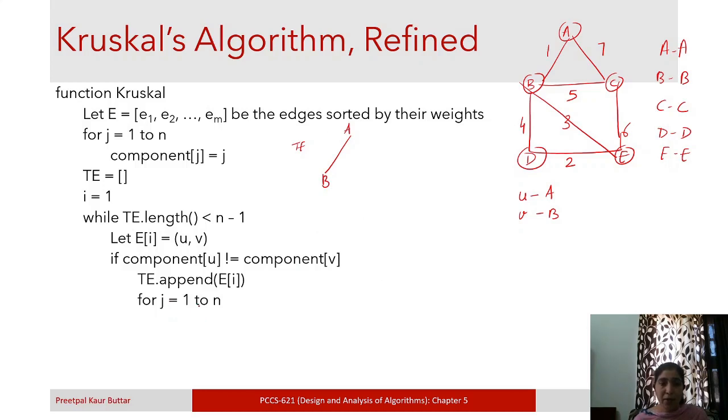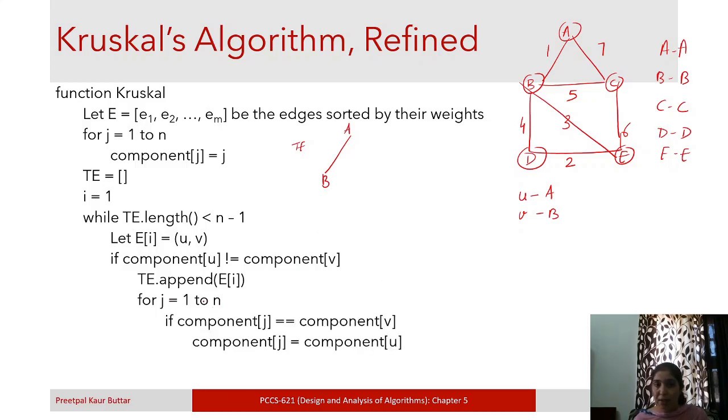And then for J equal to 1 to N, we are now merging the components. Okay, so for all the nodes, now we are merging the components. How? If component of J is equal to component of V. Okay, so here J can be 1 2 3 4 5.